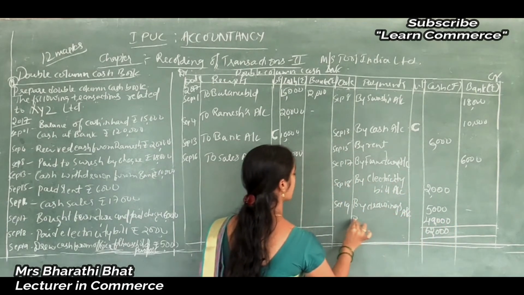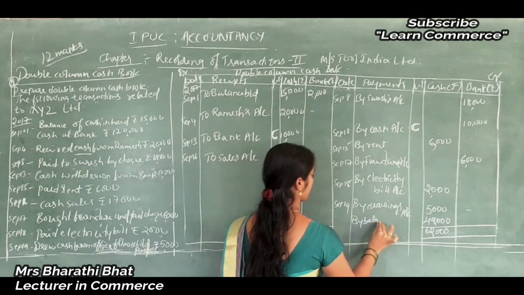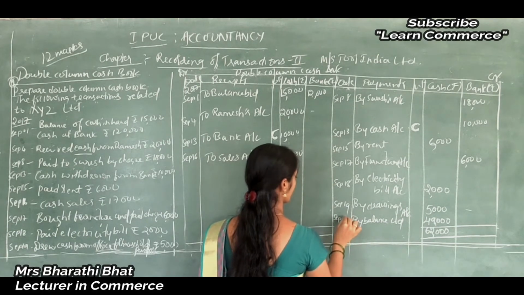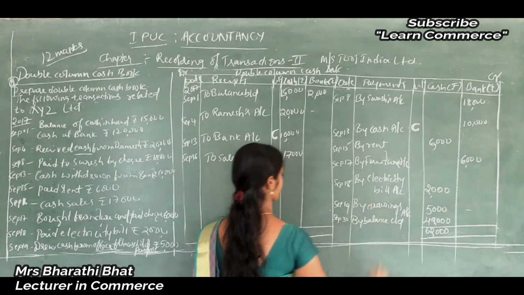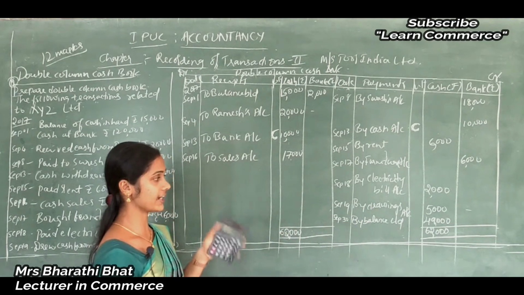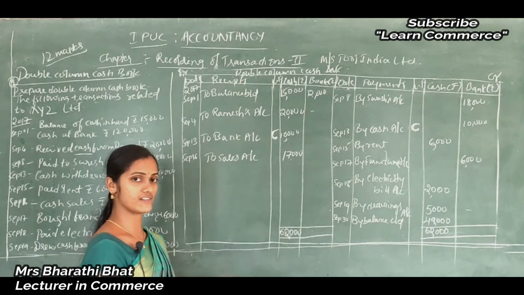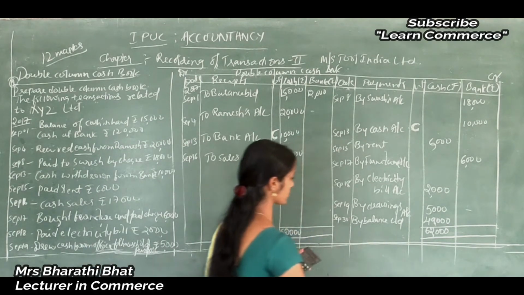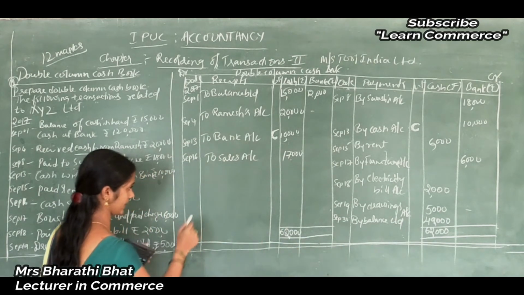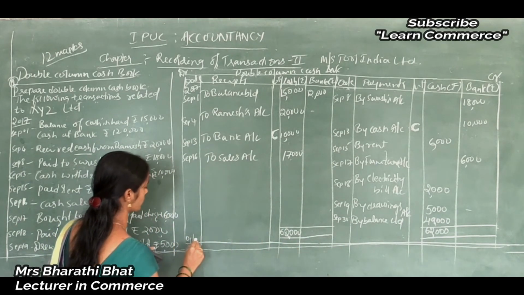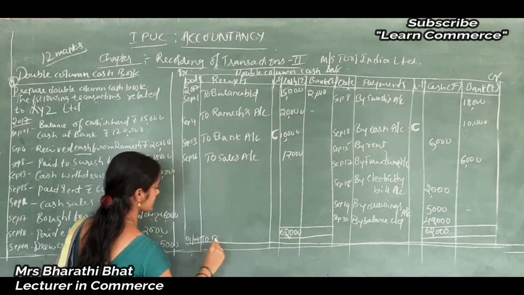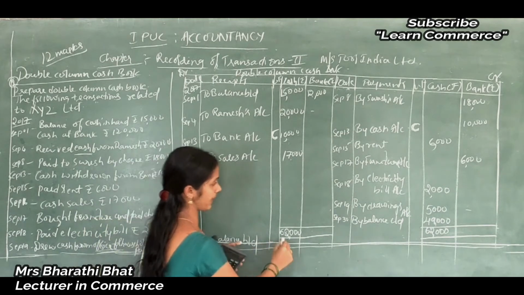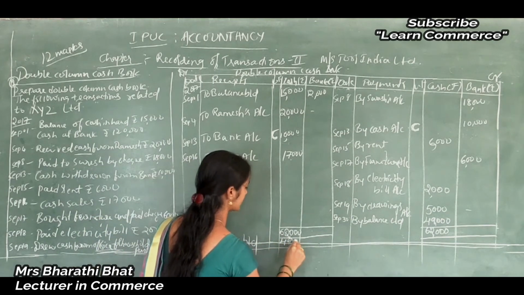That is what? By balance carried down, 30th September, because carried down is always at the end of the month, brought down always at the beginning of the month. So now this side is closed, so immediately bring down that amount on the next date, 1st October, to balance brought down below the total, the same amount 49,000.